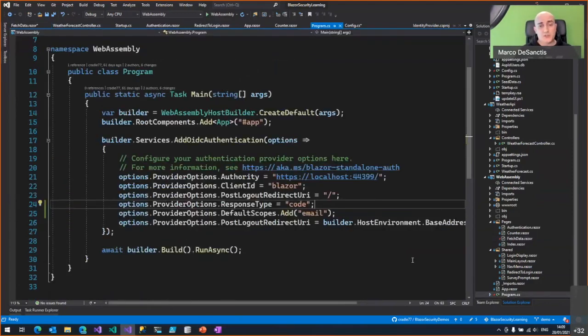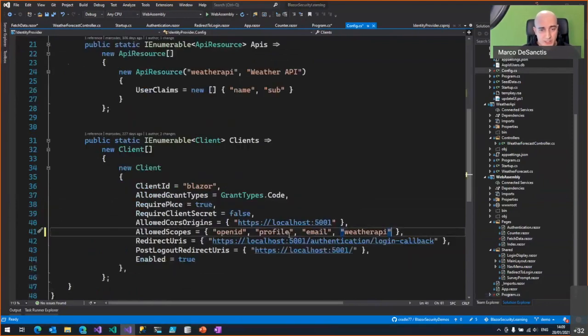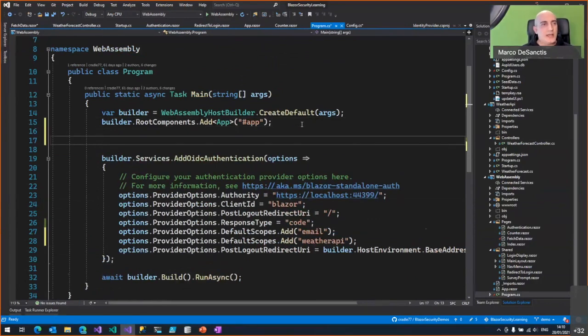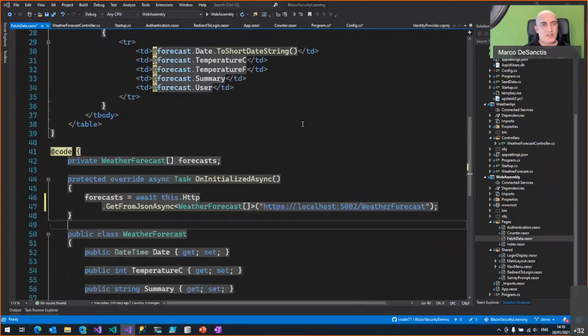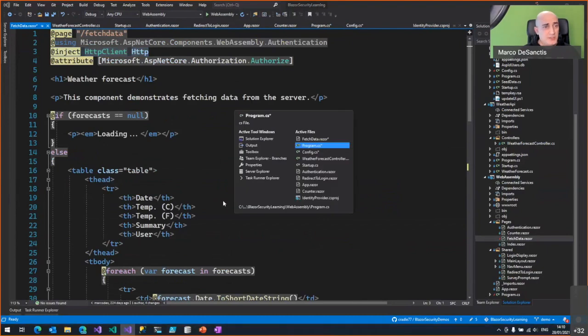So what do we need to do here? Well, first of all, we need to say that we want to request also the weather API scope as part of the default scopes. And then I need to configure the HTTP client that I'm going to use in my fetch data, right? I need to make sure that I can inject an HTTP client in this page. How do I do that? Well,